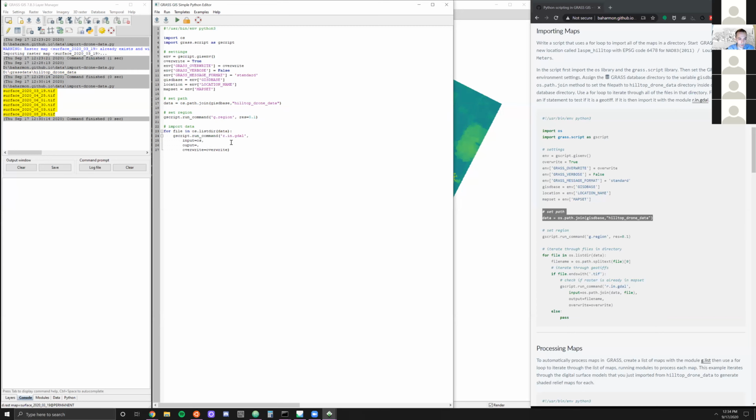So I'm going to do os.path.join parentheses, and inside the parentheses, I'm going to put my data folder, comma, and then my file. So data, comma, file. And if you wanted to check that, you could put a print statement before this and just try print os.path.join data, comma, file. For my output, I'm just going to put